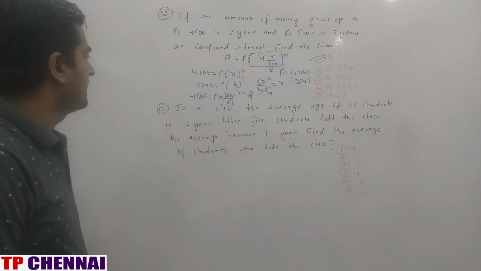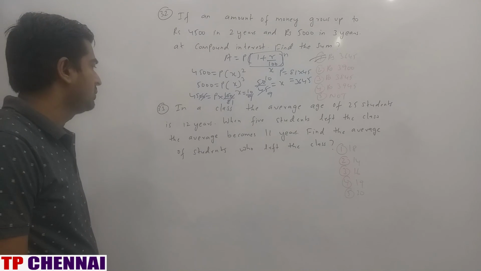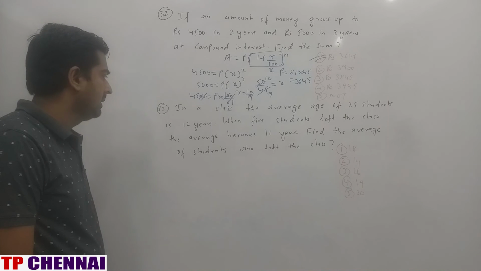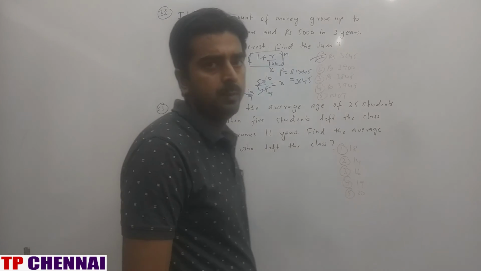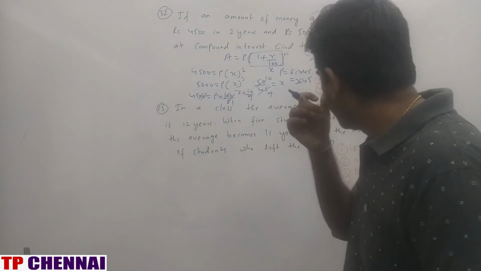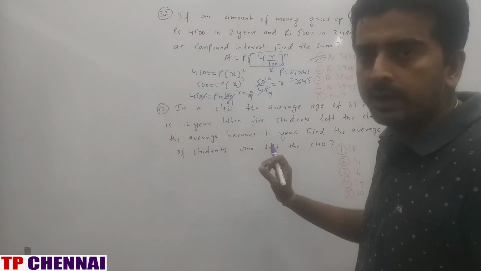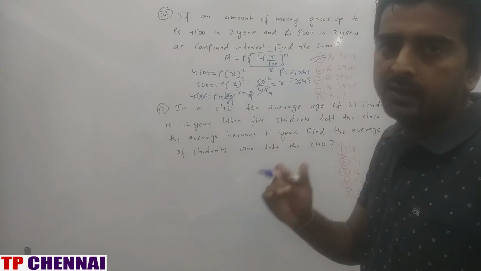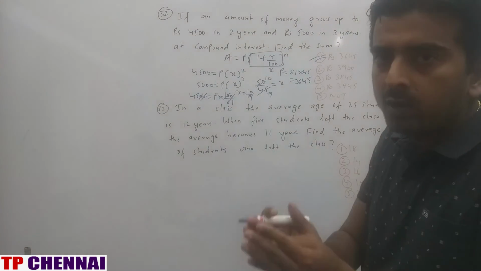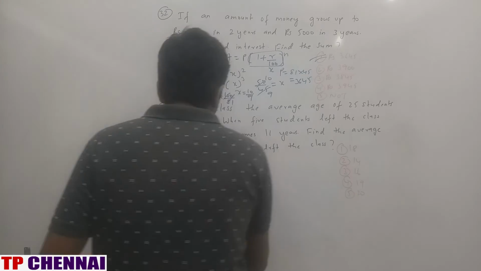Right? Next one. In a class, the average age of 25 students is 12 years. When 5 students left the class, the average becomes 11 years. Find the average of the students who left the class. Very important question when it comes to average. Right? So average of 25 students is 12 years. That means each person average is 12 years. Now 5 students left the class. That means they will take their own average, which is 12. So 12 into 5